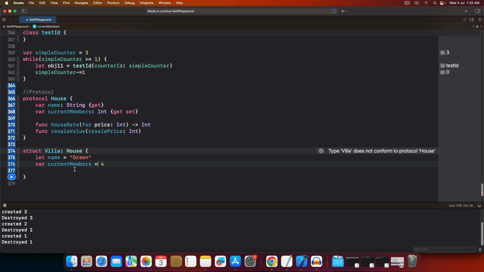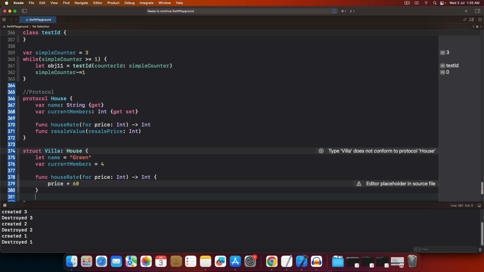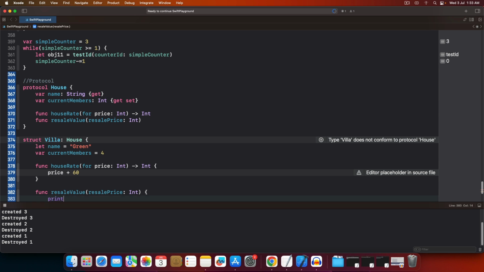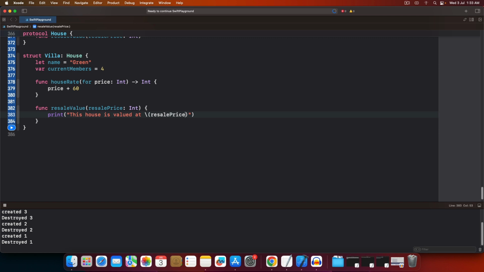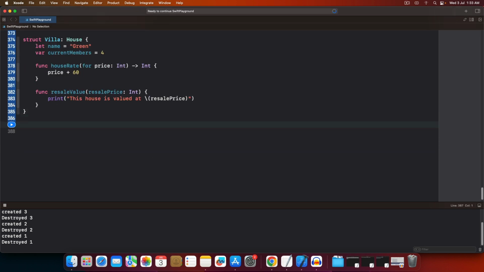There are two functions. The first function I'll write house rate for price int, price plus 60, let's say price plus 60, and function resale value, resale price print. This house is valued at resale price. Cool, right? Now this is a struct that conforms to this protocol house. What's this? Function decide house. This is a random function that I'm writing somewhere else in the app. Decide house. This should